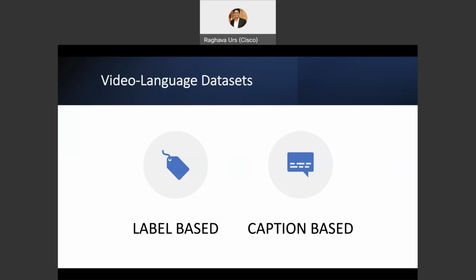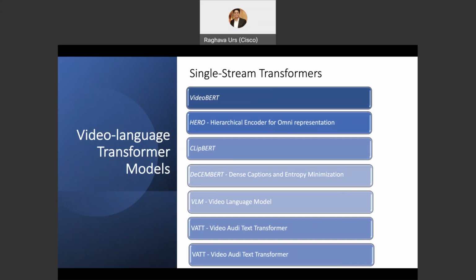Now, getting into the video language transformer models, there are single stream transformers. There are multiple transformer models, like VideoBERT, HERO, ClipBERT, DecemBERT, VLM, VATT. Inside VATT, it is the video audio text transformer. So VideoBERT is one of the first pre-trained models based on the transformer, and the combination of linguistic sentences and video is known for the input of the training model, which is